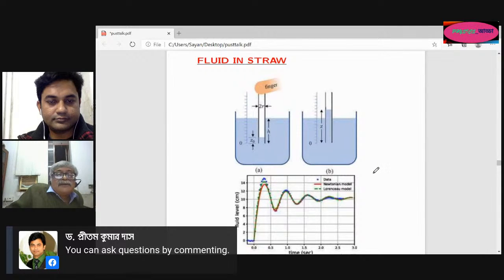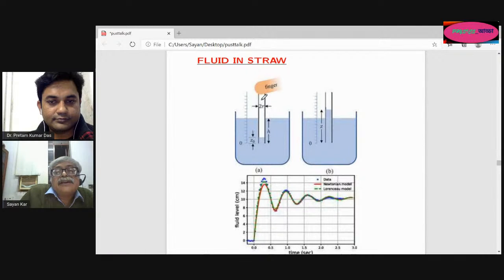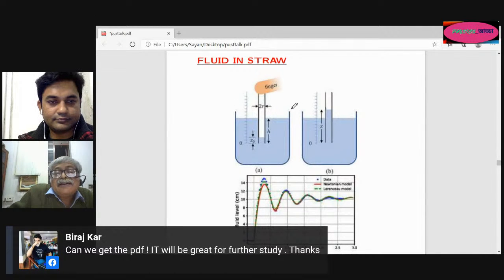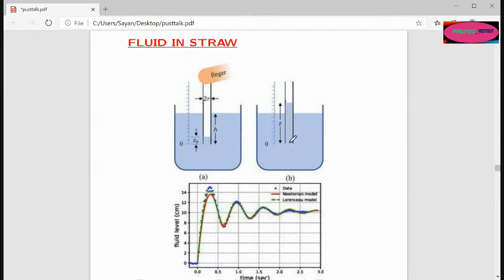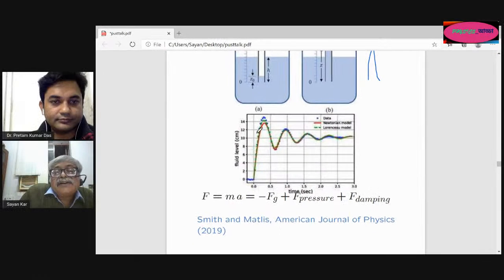Then, of course, there is this example of a fluid rising. You have a straw over here, and you have just a simple tumbler where you have a liquid. If you put the straw in and you press your finger, then you will see the liquid rise a little bit. And then you remove your finger, you will see oscillations over here, which are going to be damped oscillations. So they're going to go up and down like this. And that's the picture that you can see over here. So this is the fluid level. The fluid level is going up and down, and you can see damped oscillations.